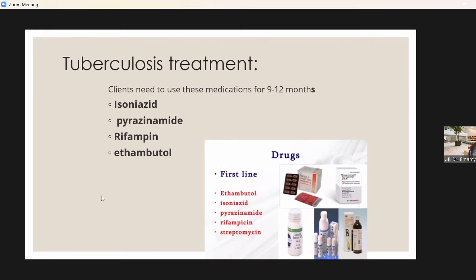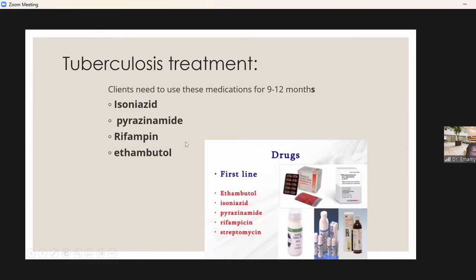So don't combine anti-tuberculosis medication with alcohol, acetaminophen, and over-the-counter medication. Report any signs and symptoms of liver dysfunction: nausea and vomiting, weight loss, jaundice, yellowish skin. If you experience any of them, you need to come to the emergency room or the clinic to check